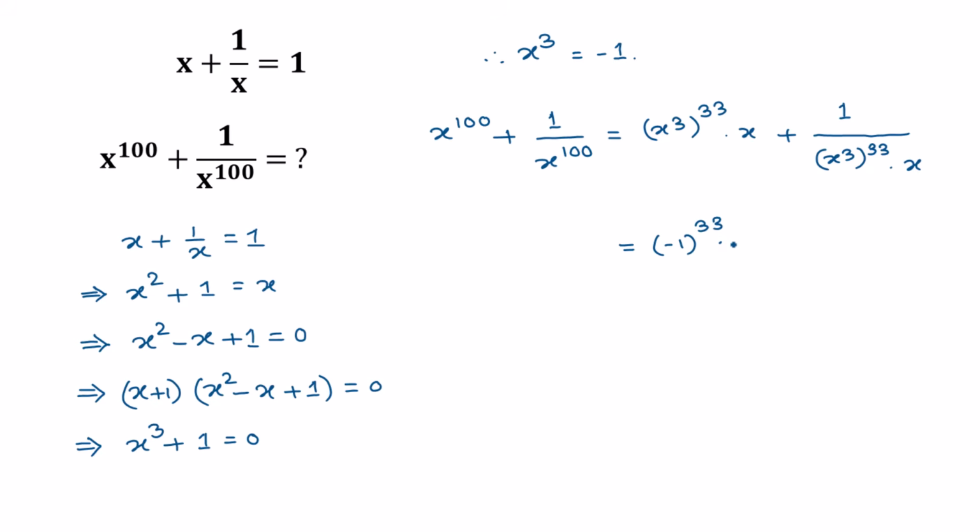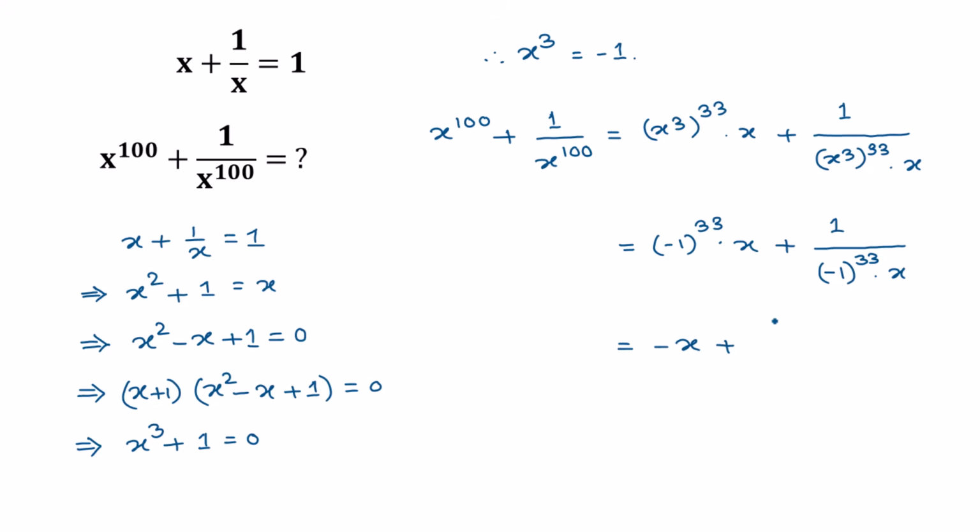times this x plus this 1 over this x cube, this is negative 1. So we can write negative 1 to the power 33 times this x is equal to, this negative 1 to the power 33 is negative 1. So negative 1 times x, this will be negative x